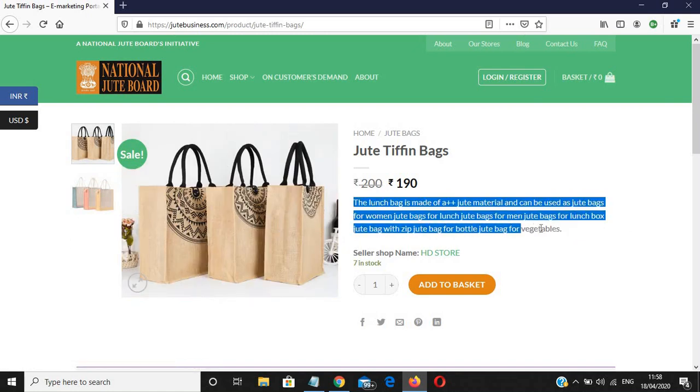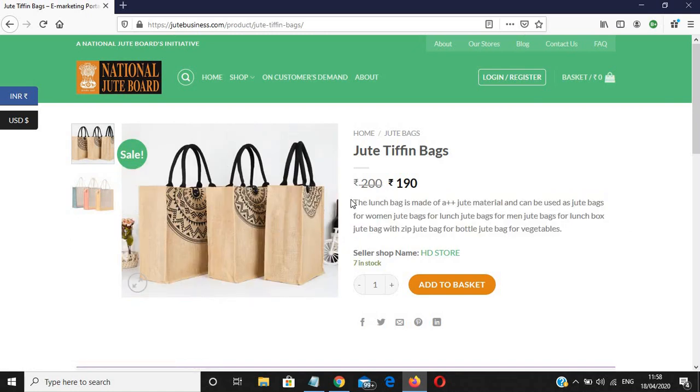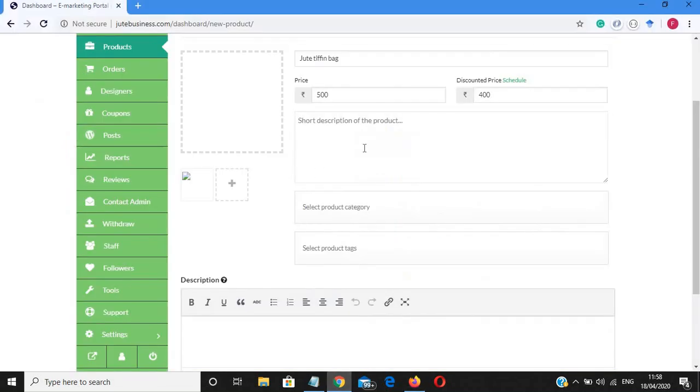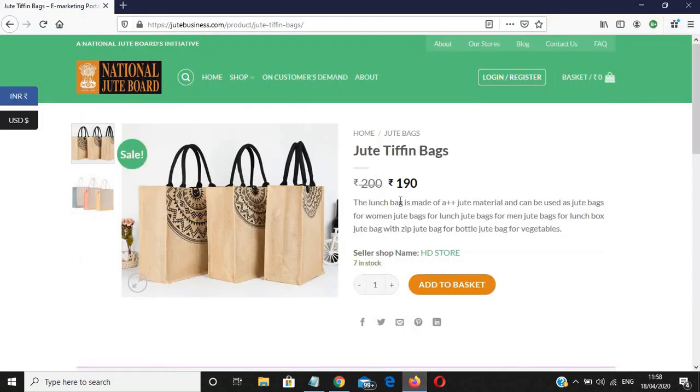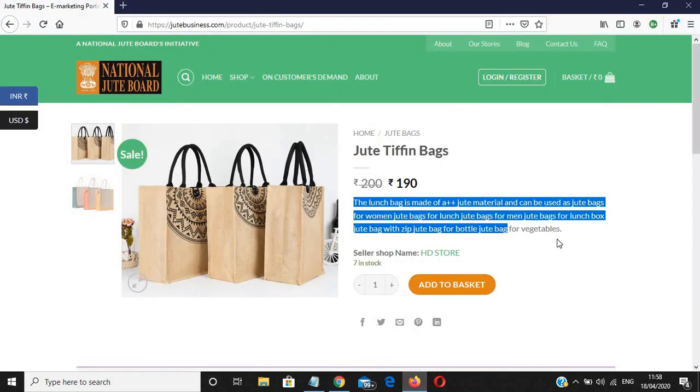So this is the short description. The short description represents the functionality of our product in a very short manner. So we can add the short description to display it like this.